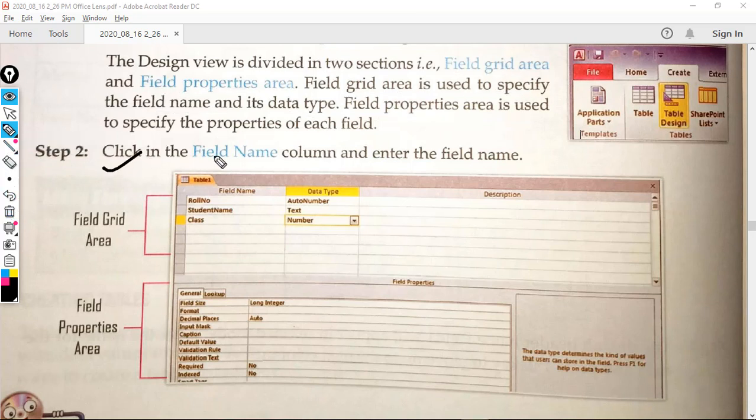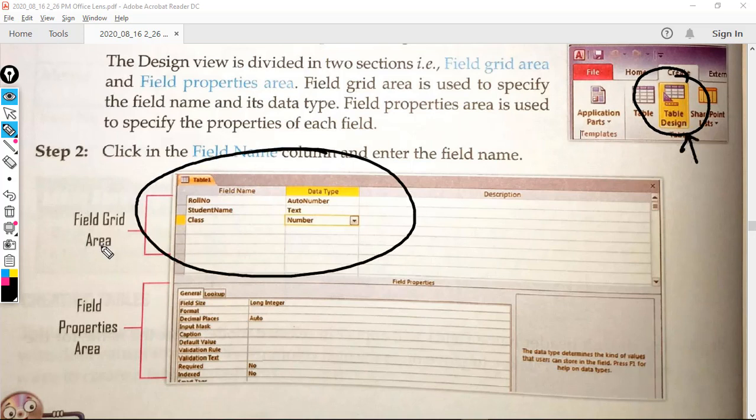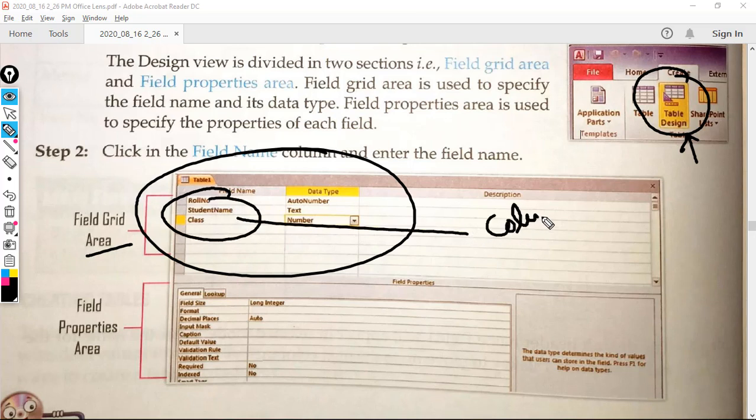Now step 2 is click in the field name column and enter the field name. After clicking on this table design option, over here in this field grid area, you have to write your column name. Let's suppose your first column is roll number, so that's why they have written roll number first here.